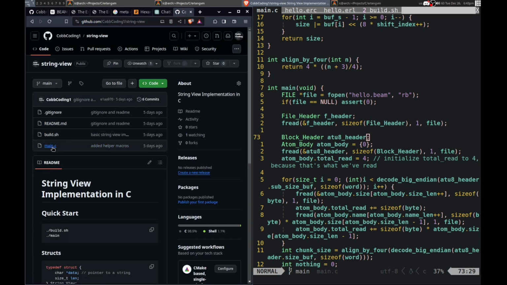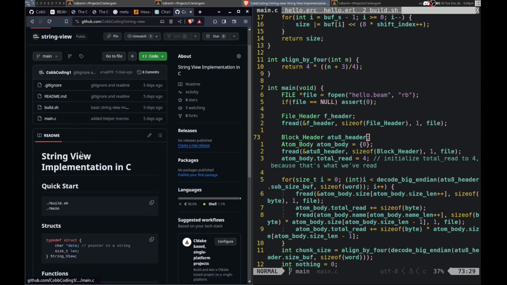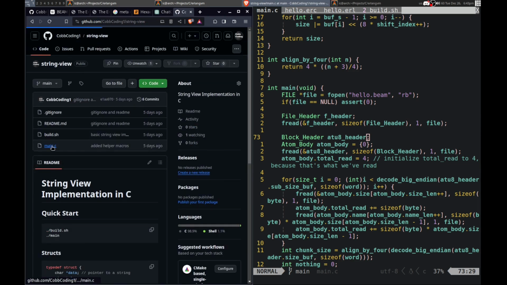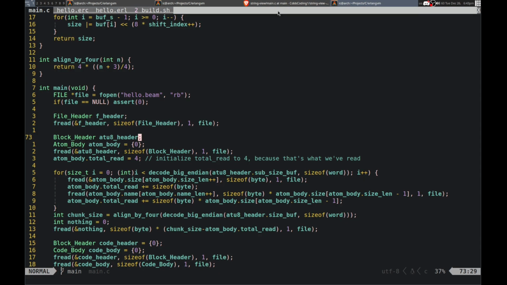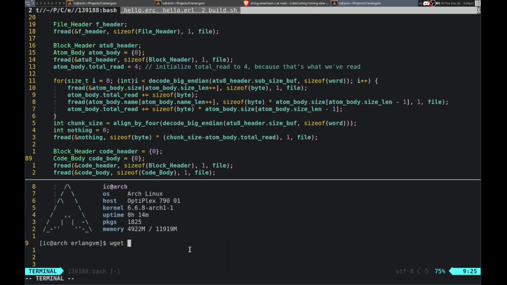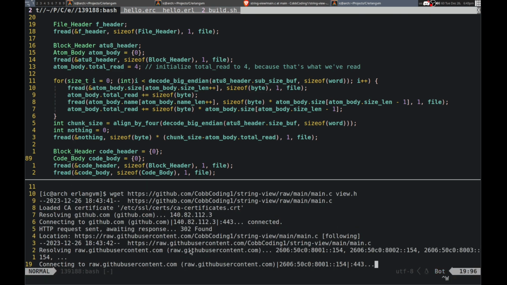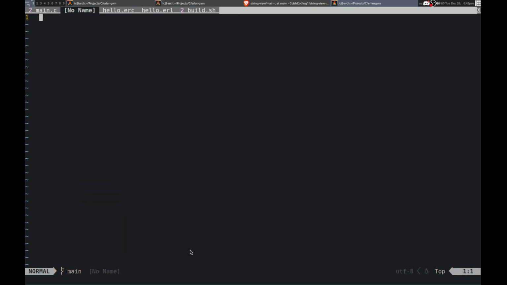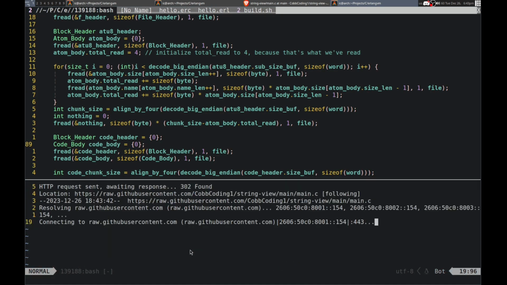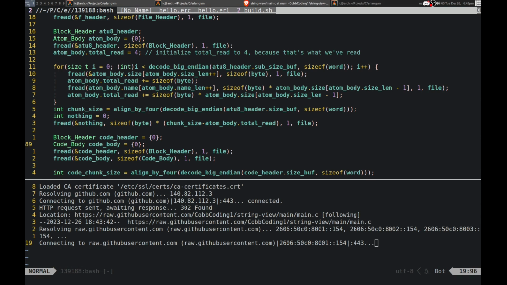Oh, and actually I want the... Shoot, I didn't make it a header file, so it's going to be a bit harder to do. That's okay, though. So I can just copy this. view.h. Go. View.h. Whoops. No, whoops. Can't connect. Did I break something?